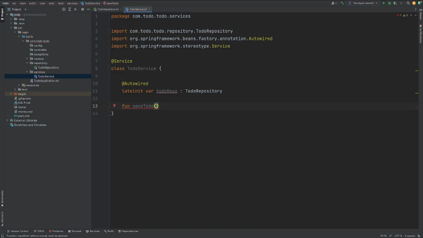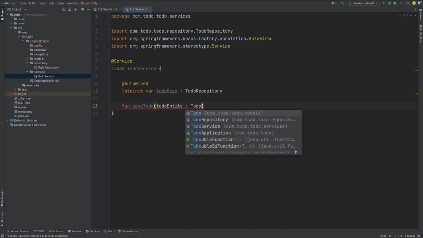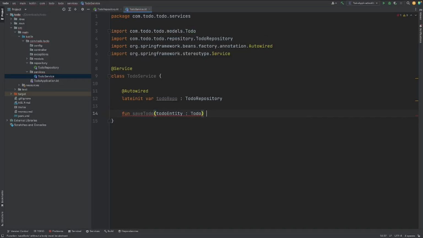So what we're going to do is we're going to take in a ToDo. So I'm just going to call it todoEntity, and it's going to be of type ToDo. Then we're going to open up this and start defining some logic, and really it's going to be a one-liner until we start defining some exceptions later on. But for now, what we're going to do is what we're going to return is we're going to take this